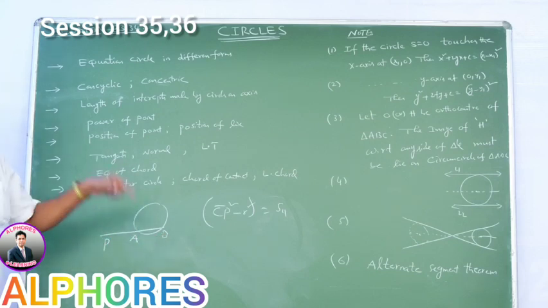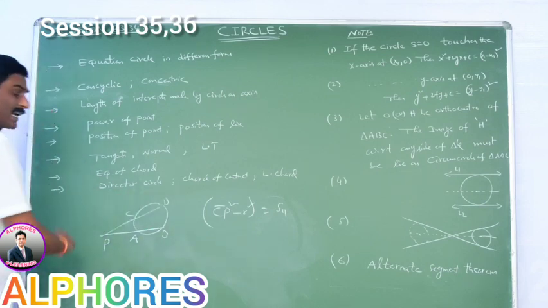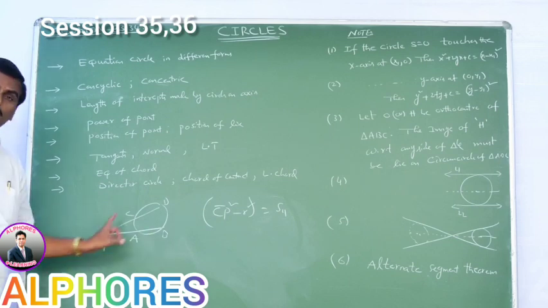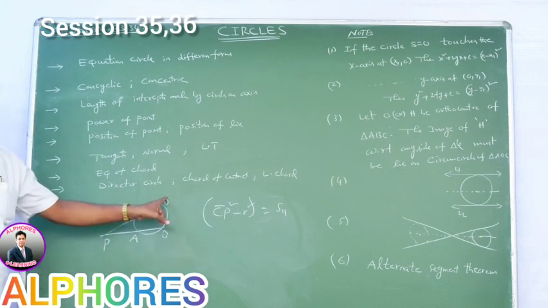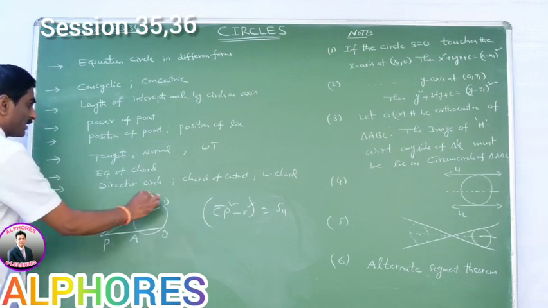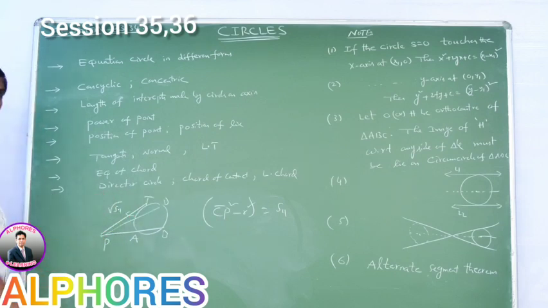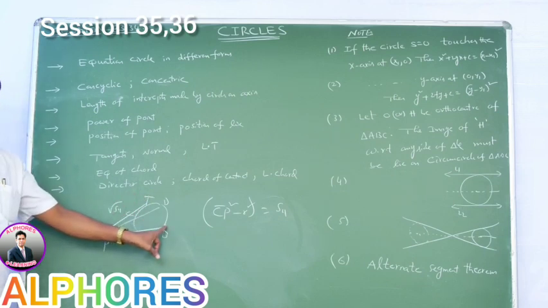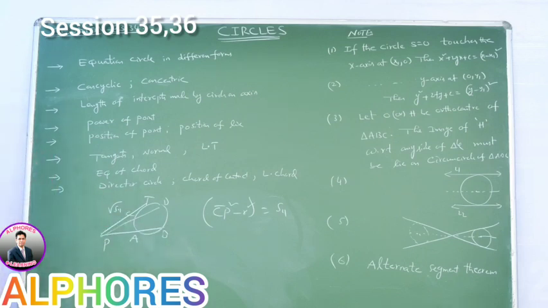If P lies inside, PA·PB is equal to -S11. In this case, please observe this point. If PAB, PCD are two secant lines, then what is the condition? PA·PB is equal to S11, PC·PD is equal to S11. So, PA·PB is equal to PC·PD. Say, PT is one of the tangents. What is the length of the tangent? Root S11. Here, PT² is equal to S11. PA·PB is equal to S11. So, PT² is equal to PA·PB. Okay, please observe these points.